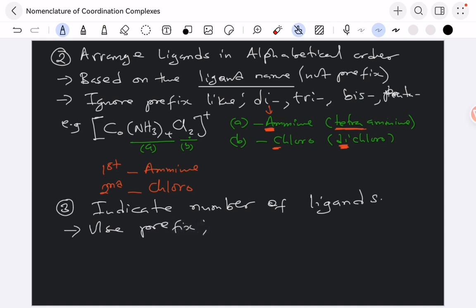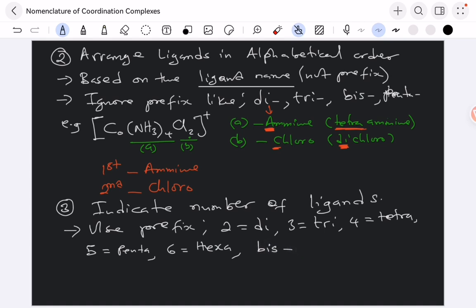So I've mentioned this: 2 means di, 3 means tri, 4 means tetra, 5 means penta, 6 means hexa. Then for polydentate ligands, we are going to encounter